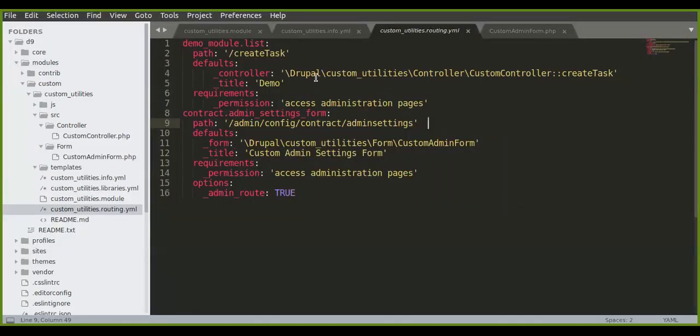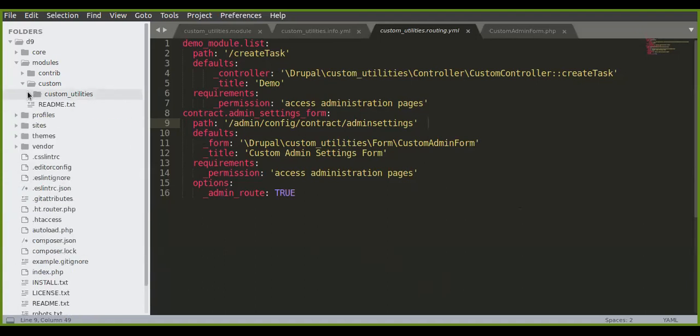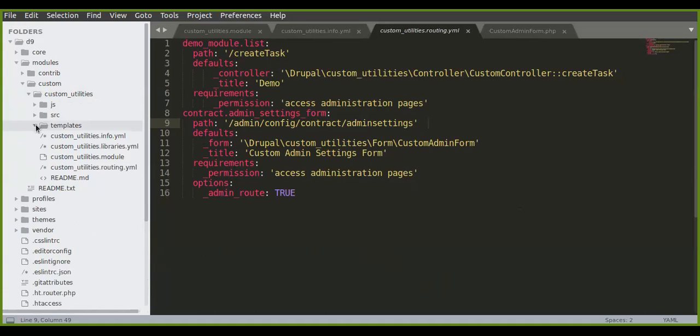So I just added one custom module. Since it is my local machine, the custom module enablement takes more time to load, so I'm not able to enable that module. But what I'm going to do now is walk through the custom module and the files that will come under it. Is it okay? Does it sound good? Yeah, by tomorrow we can enable it in our demo website, which we talked about last week.